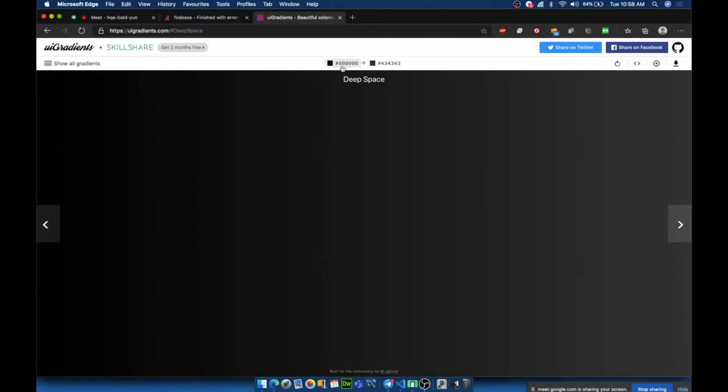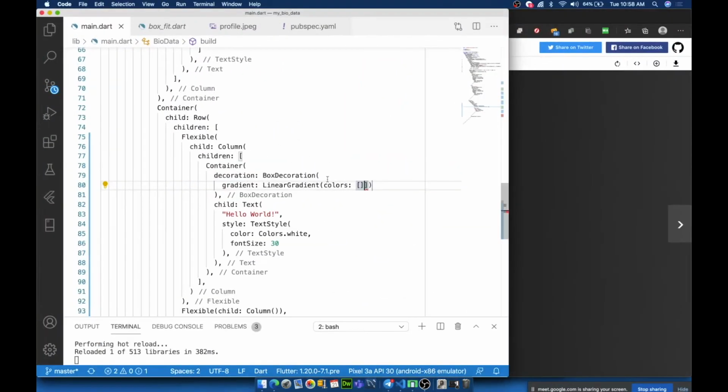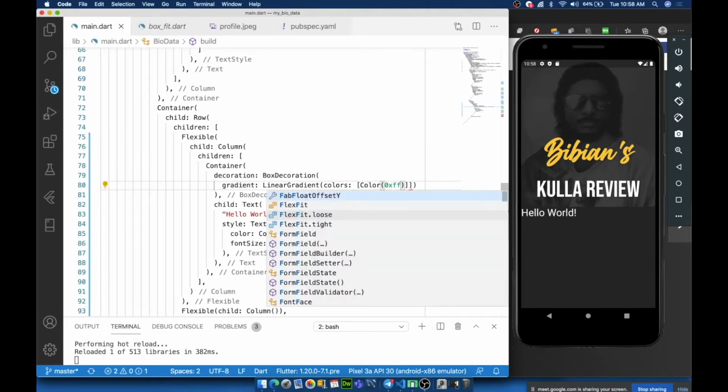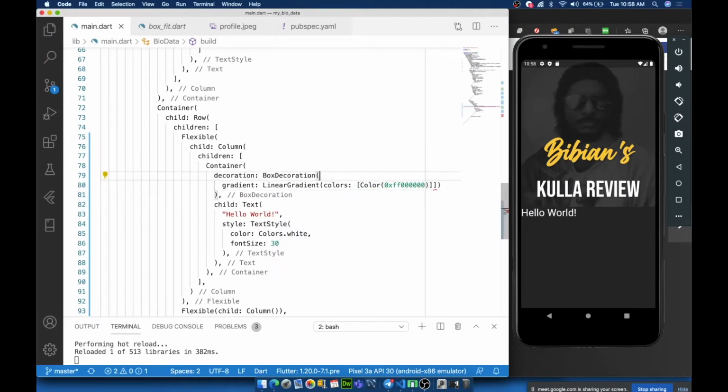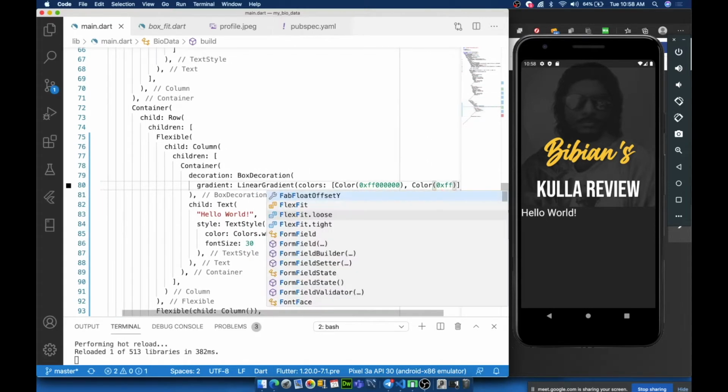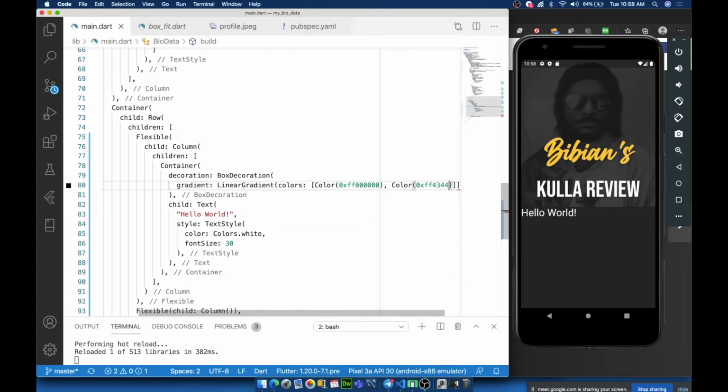So it's 000000 and 434343. Okay. Colors, Color 0xff000000, Color 0xff434343.